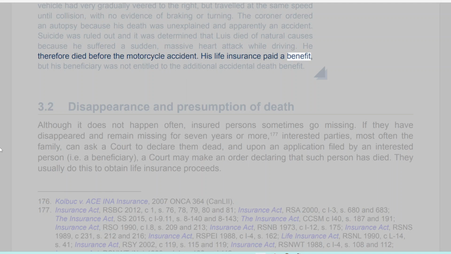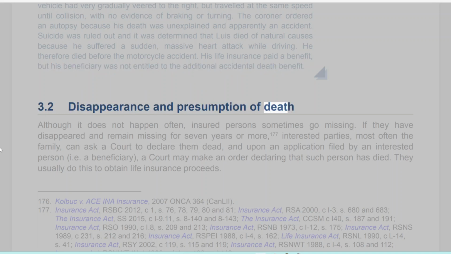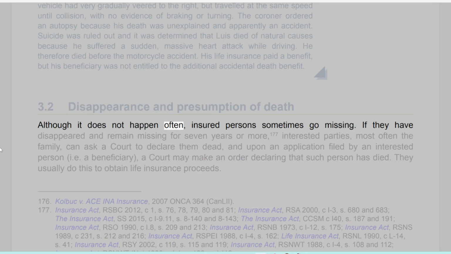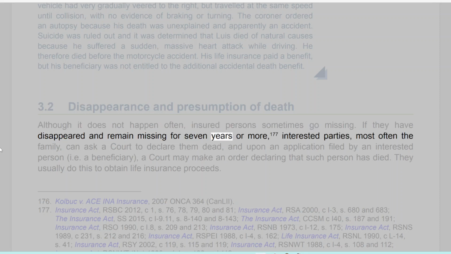His life insurance paid a benefit, but his beneficiary was not entitled to the additional accidental death benefit. 3.2 Disappearance and presumption of death. Although it does not happen often, insured persons sometimes go missing. If they have disappeared and remain missing for 7 years or more, 177 interested parties, most often the family, can